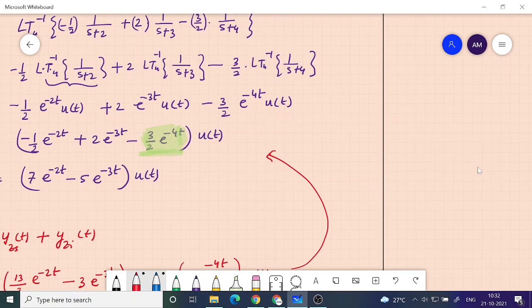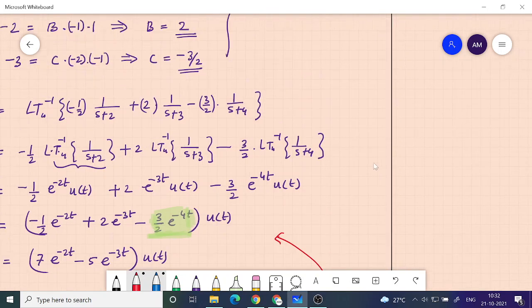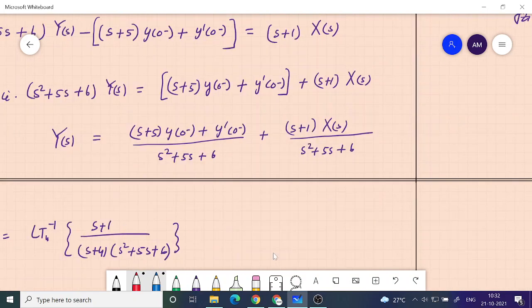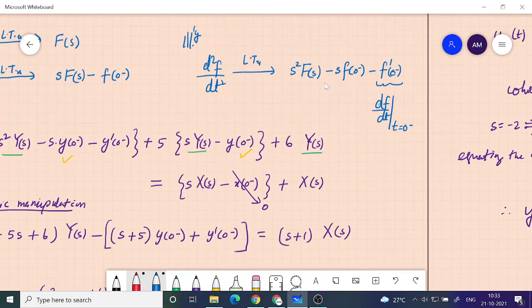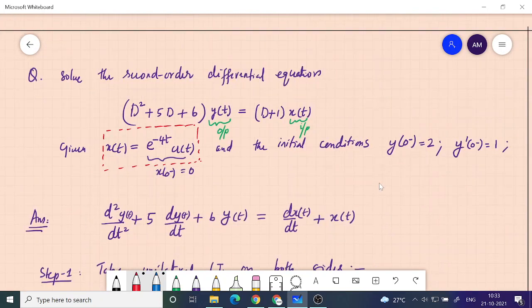So this is a very important topic, and it is very useful for you to solve problems in your network theory subject, where you will have a circuit given. The only thing is that one additional step you need to do is, first you need to write the differential equation and recognize what the initial conditions are. Once you do that, the problem has been formulated in the way it appeared in the question which we just now did. So if you do one more step previous to this, your network can be represented as a differential equation with some initial conditions. I will show you one example, but